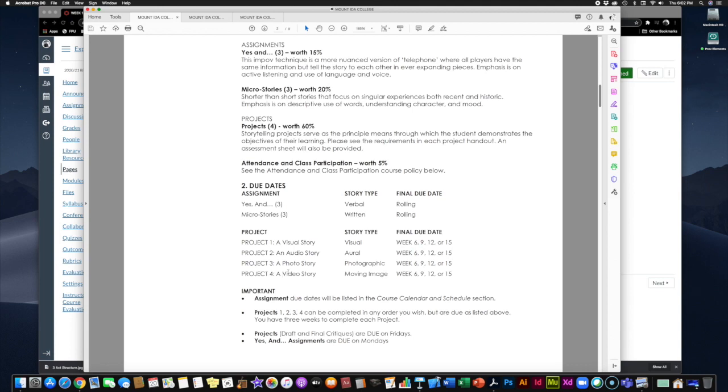Now, the reason we do this in this particular class is because I want to get a variety of different stories showing up every due date. So week 6, week 9, week 12, and week 15, we get a variety, and it keeps everybody interested, and we get to share our work with each other. And if you haven't done a particular style of story yet, and you see somebody else's story that week, that might inspire you, get you in the mood to do it.